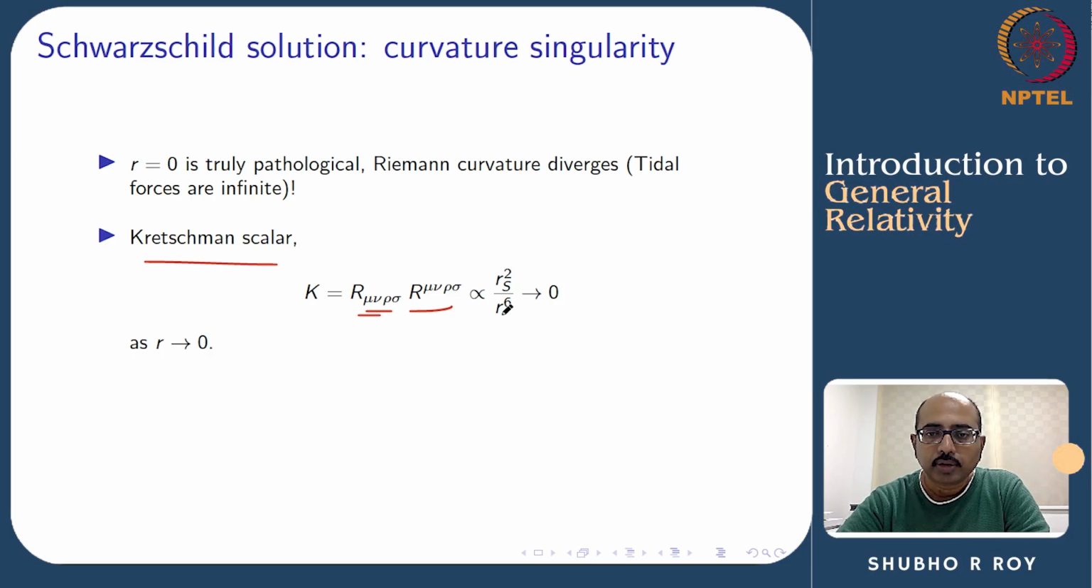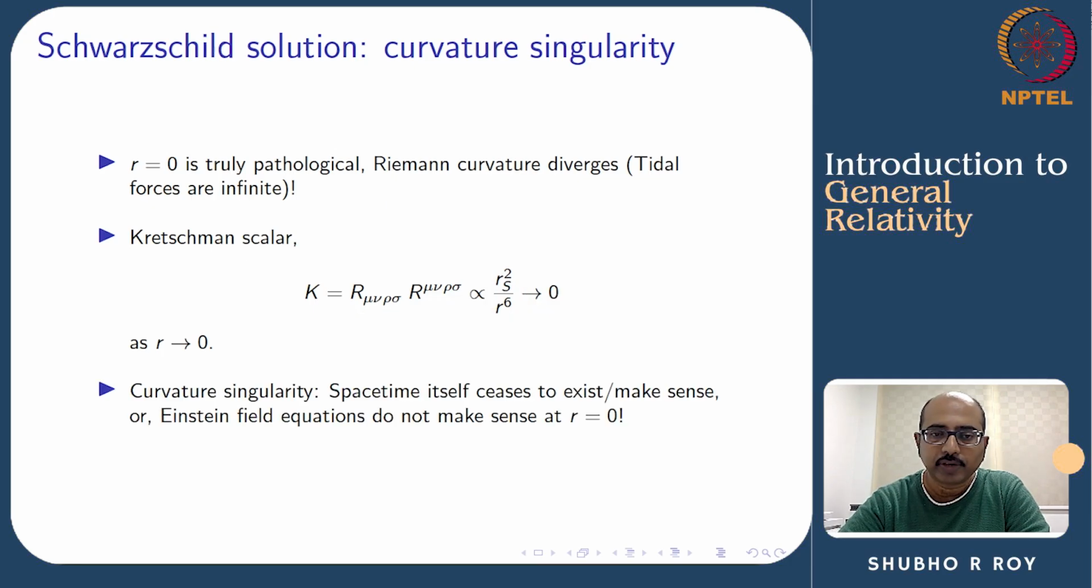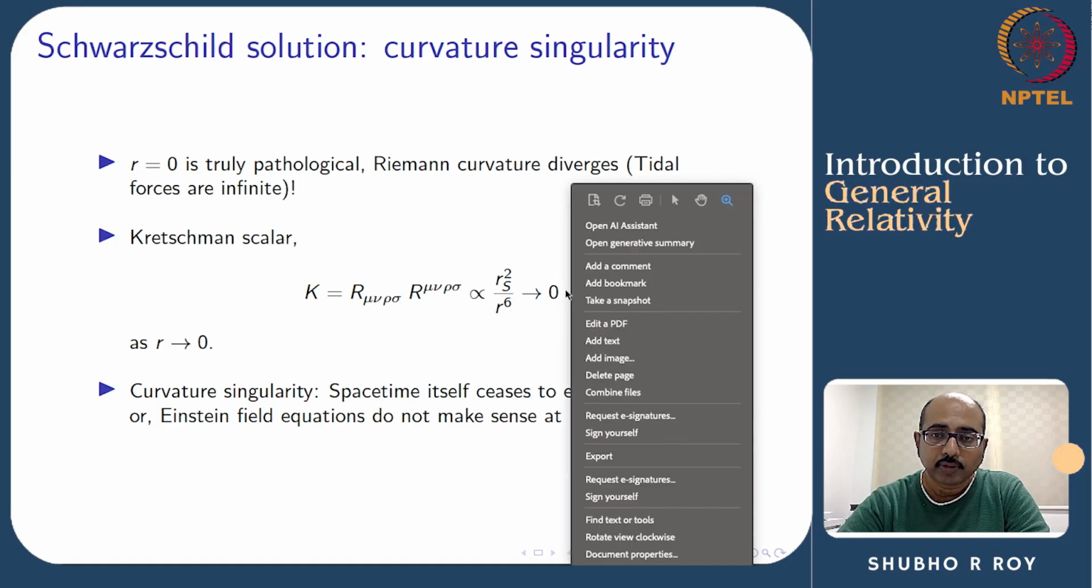It turns out that this is given by rs squared over r to the 6. As r goes to 0, this diverges to infinity. Sorry, not 0, it should be infinity. So this diverges as we hit r equals 0. So the Riemann curvature diverges and tidal forces are infinite. This is a truly pathological place, truly bad, because tidal forces become infinite. And we call such situations, where the Riemann curvature or invariants constructed out of the Riemann curvature go to infinity, a